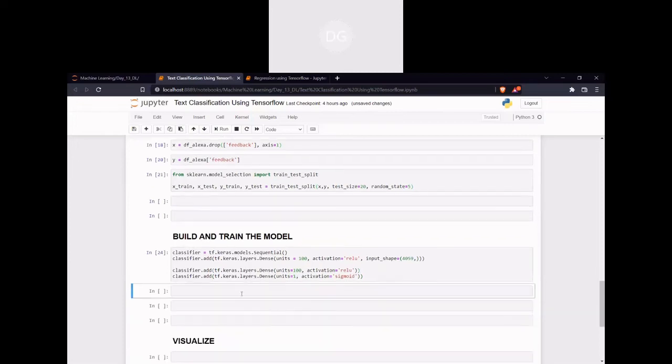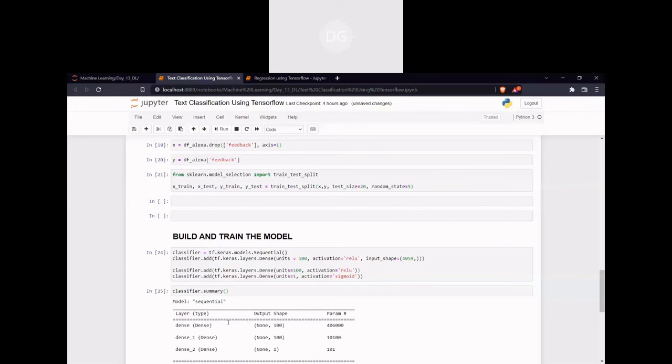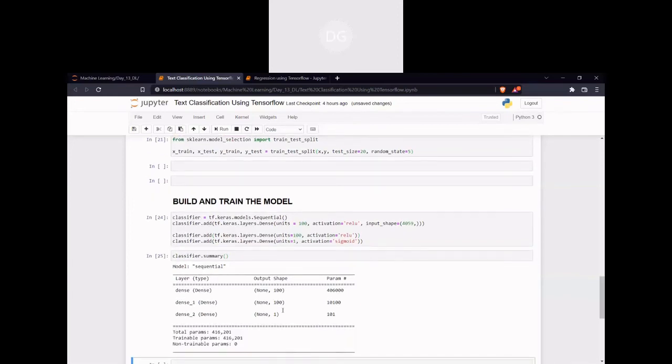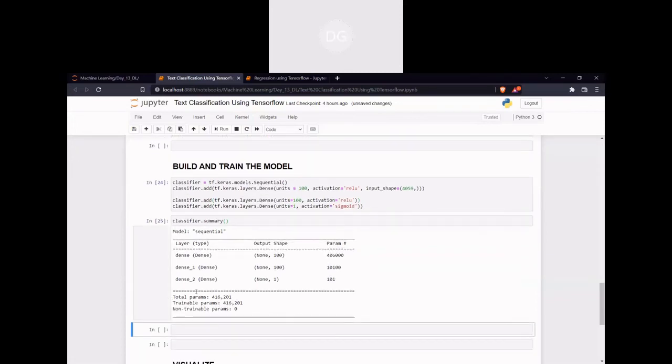So if you want, you can check the summary also. For any model you are creating, if you give summary it will show you some details, like how many layers it has created, how the output is going to come, and how many parameters it has taken. Likewise, we get some summary just for knowing purposes.